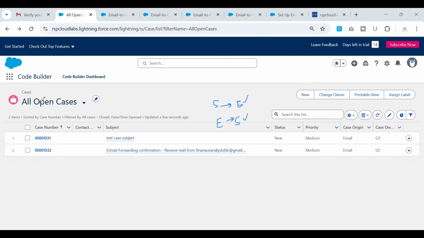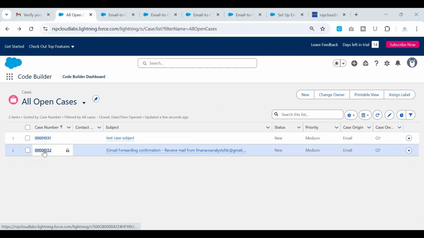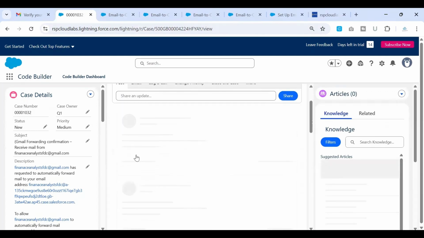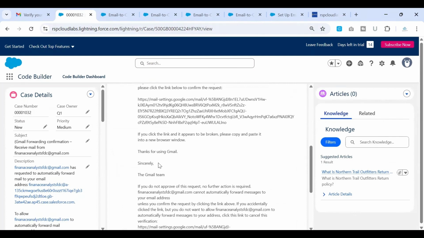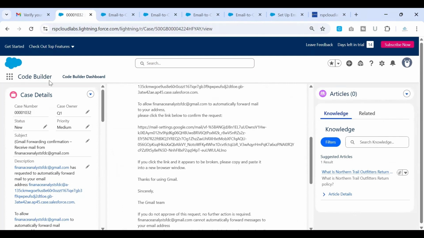So as soon as you refresh the screen, you would be seeing a second case that has been created. Do not worry, it is nothing to do with the actual case that we have sent. It is nothing but a confirmation. If you see this content, you would be able to understand. It is saying that this email address, the short email address that we have, has requested to automatically forward this email to this address. To allow,